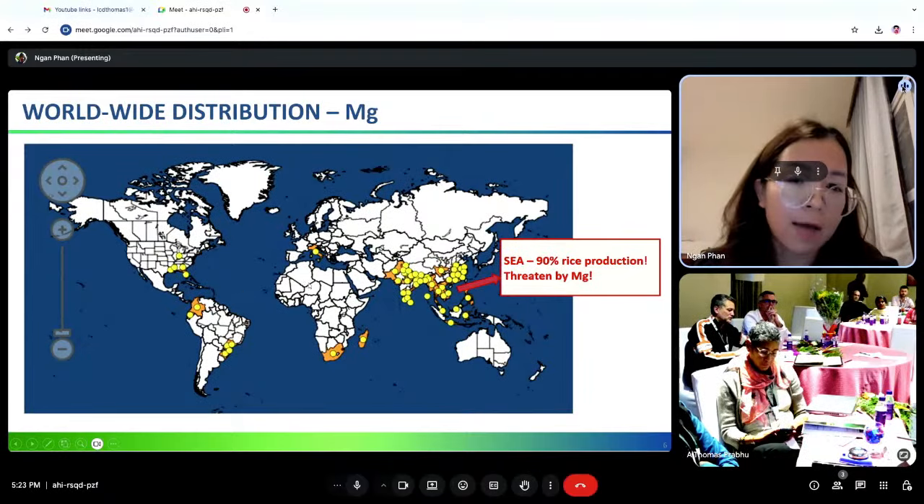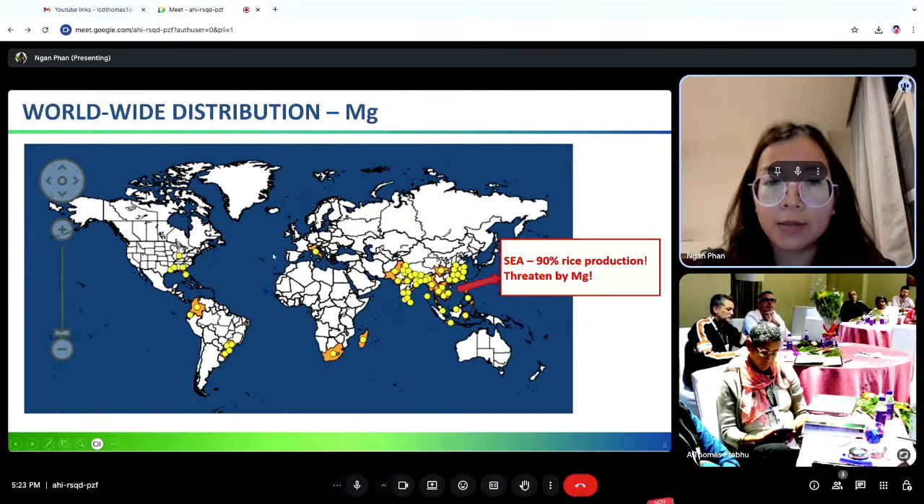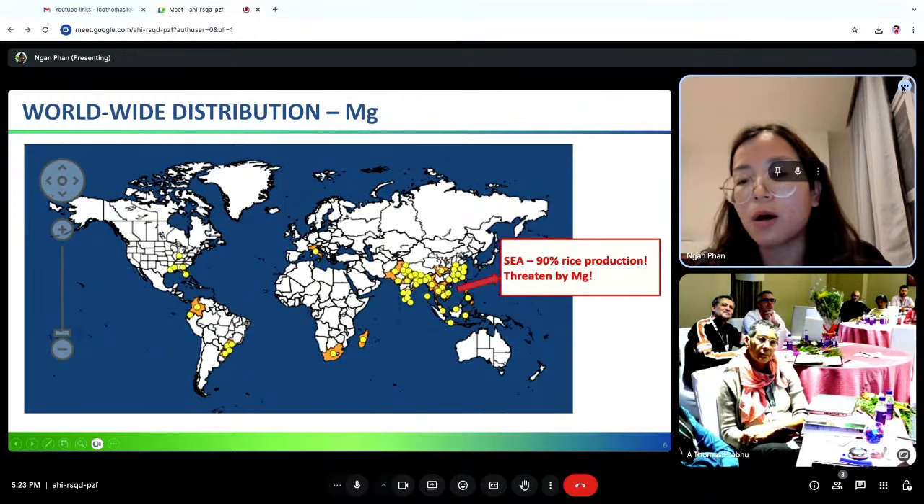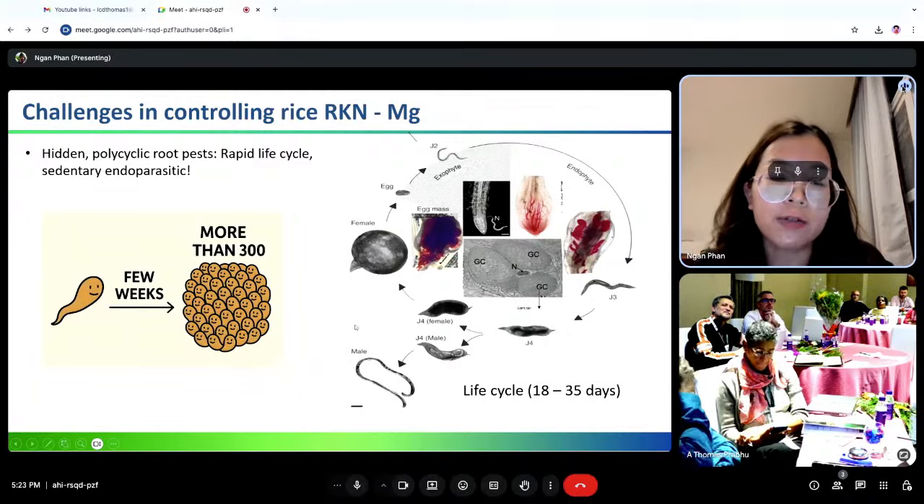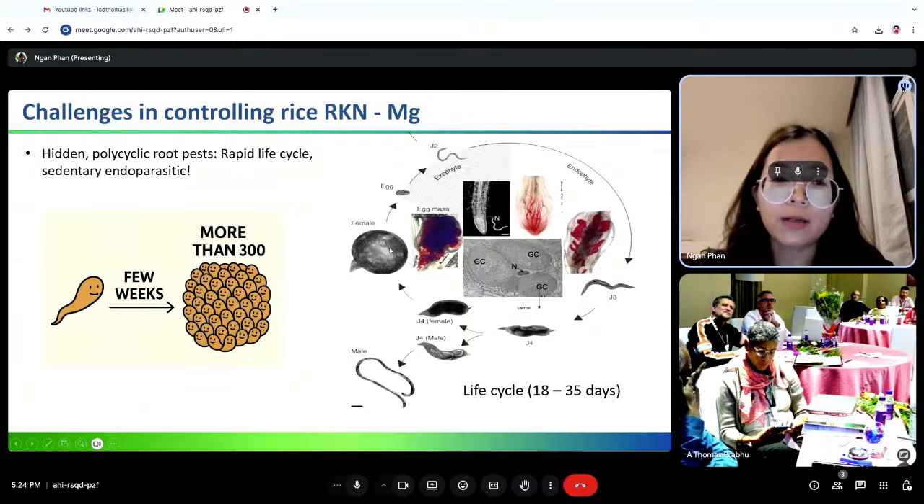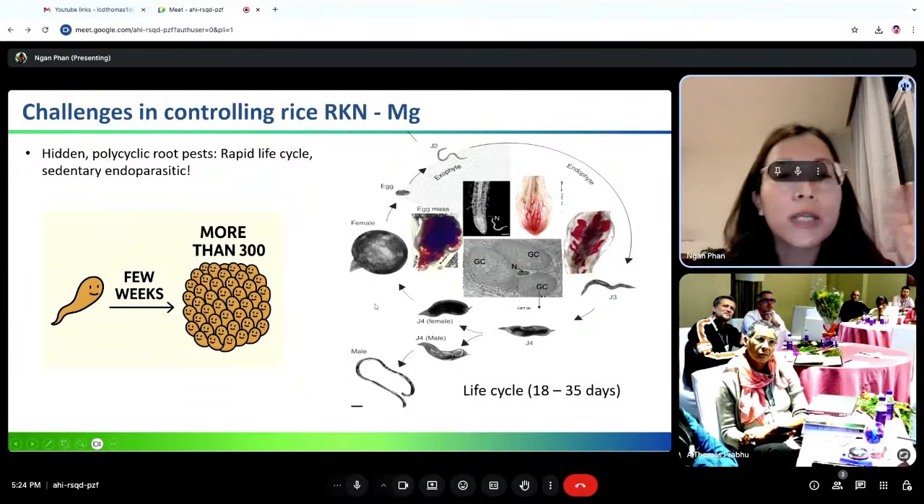Meloidogyne graminicola, I will call it MG, is distributed worldwide, and it can increase very fast and spread across rice growing regions. Southeast Asia accounts for 90% of rice production worldwide, and rice production in this area is threatened by MG. It is very challenging to control these rice nematodes, as they have a rapid life cycle: within a few weeks, a single juvenile can produce 300